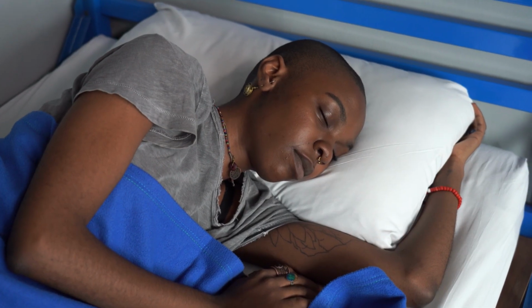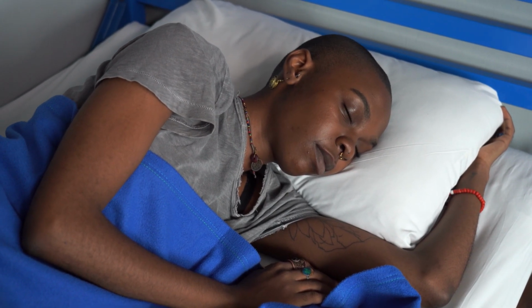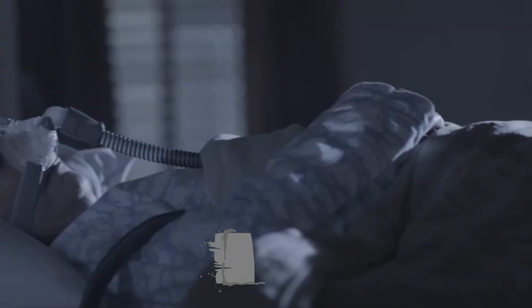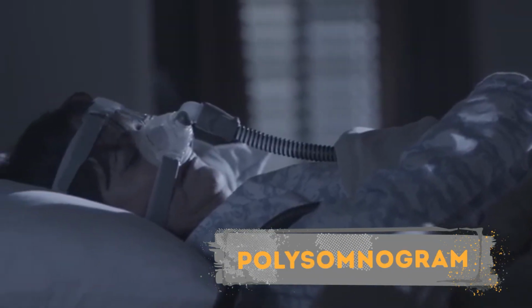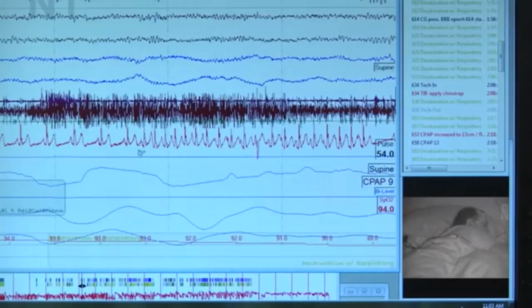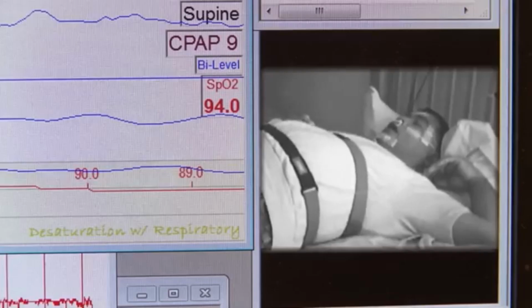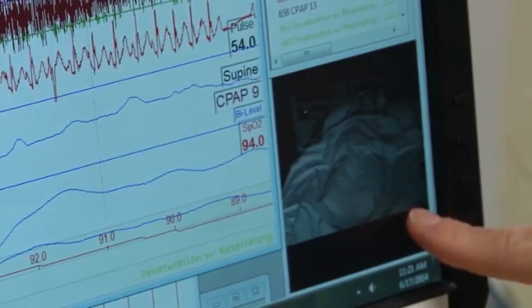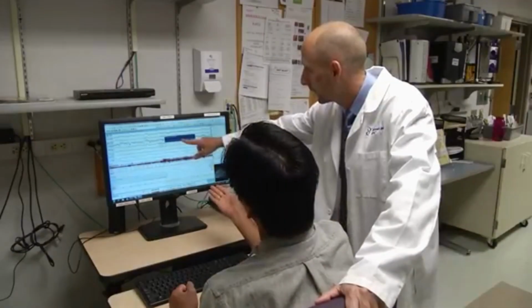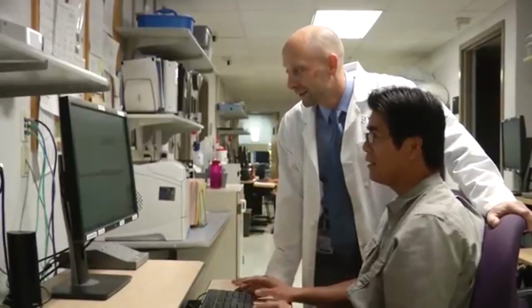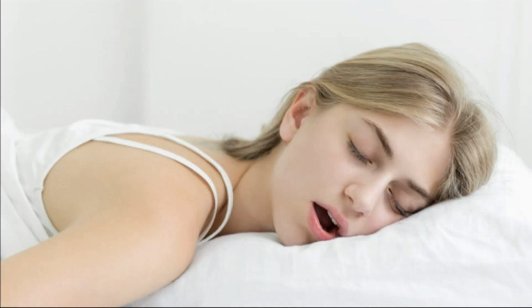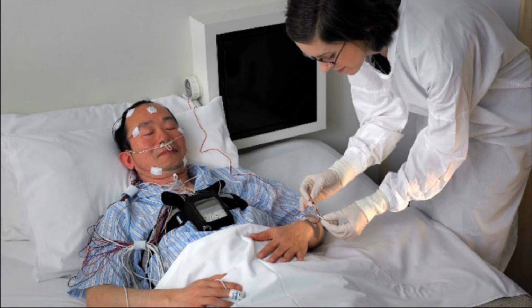Now, how can someone tell if they have sleep apnea or not? Usually, a sleep study, also called a polysomnogram, is needed to diagnose sleep apnea. It monitors sleep state, eye movement, heart rate, blood oxygen levels, respiratory effort, muscle activity, and airflow. Some doctors depend on the information they get from patients or their partners, whether there is snoring, the sound of gasping, or they might even listen to a recording of the patient's sleep.